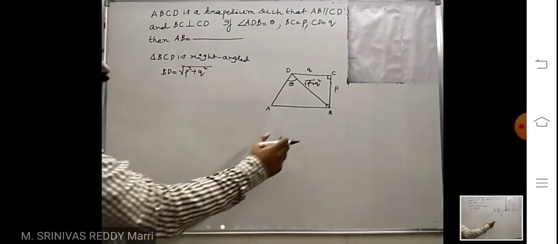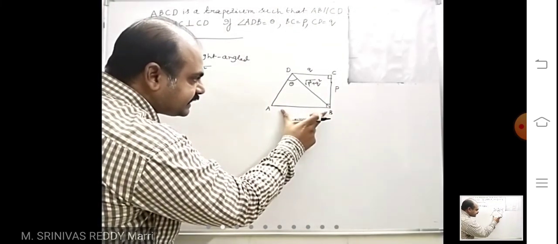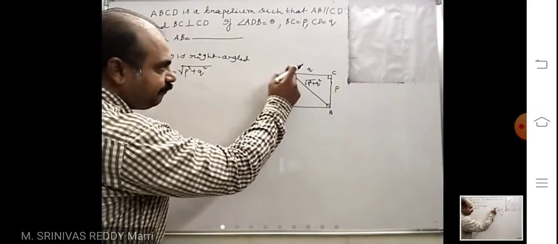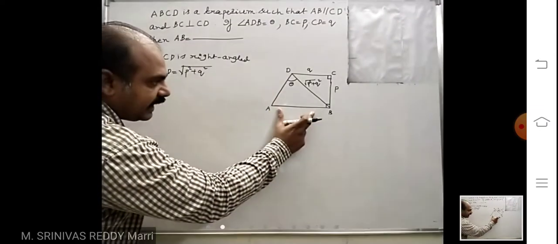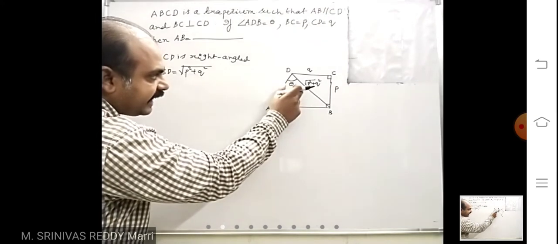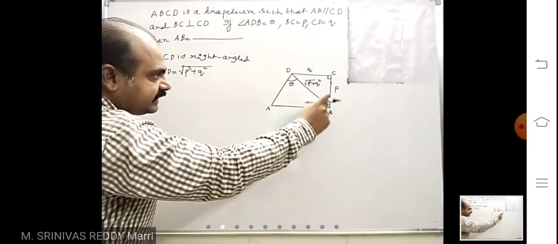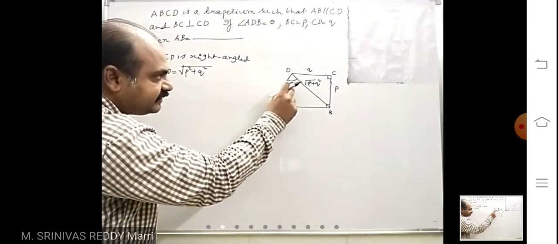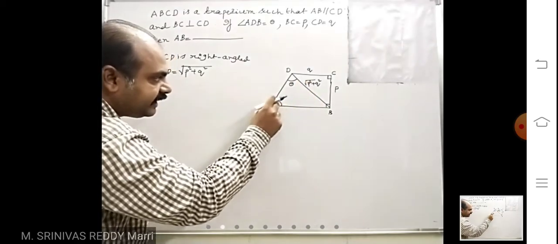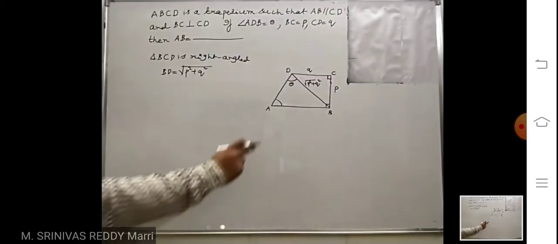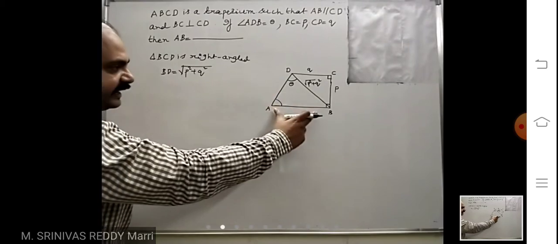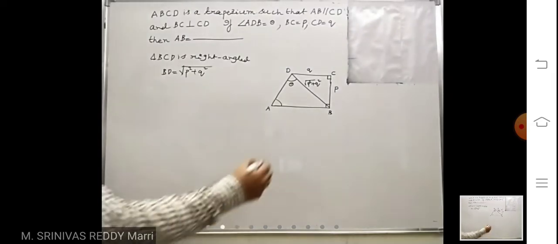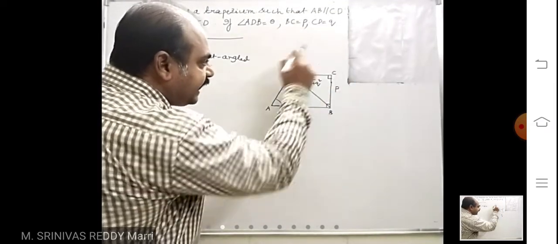Now look here. This AB length I have to calculate. This opposite angle is given. In this triangle ABD, this AB I have to calculate. You can observe that the opposite angle is given. So now this length I know. If this angle I know, I can apply the sine rule. This length divided by sine of this angle equals this length divided by sine of the opposite angle. So if this angle is known, if I write the sine rule, I will get AB. About this triangle, complete data is given, because P, Q, three sides are there.